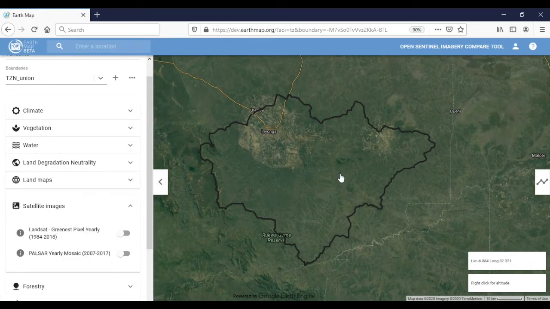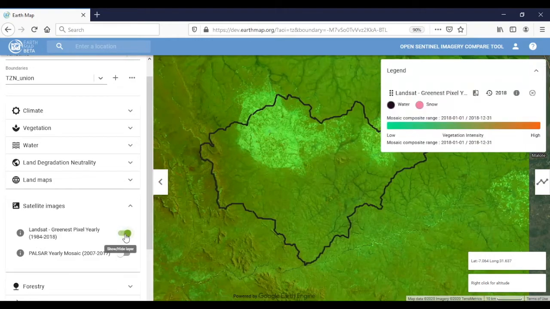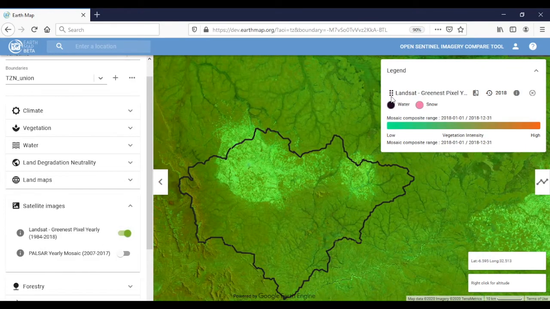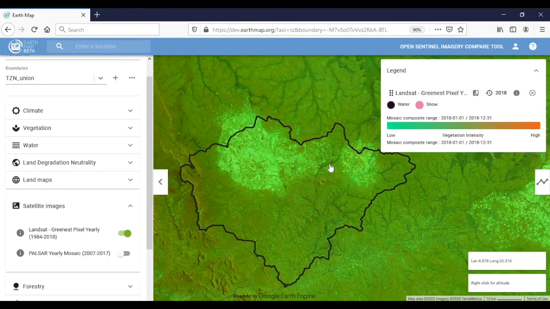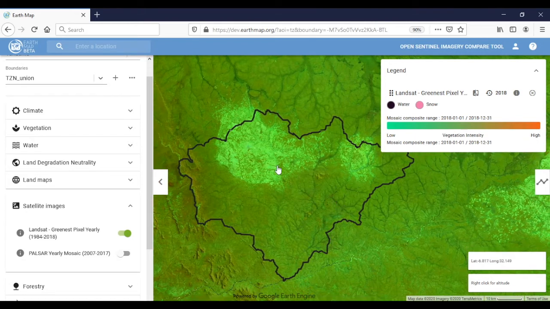In order to identify and measure land use changes more precisely, we can activate one of the satellite images from Landsat, which is the greenest pixel yearly from 1984 to 2018. If we activate the layer, the legend will pop up, and in the legend we can see that depending on the colors that the map is showing, we will have low or high vegetation intensity. These two bright spots represent